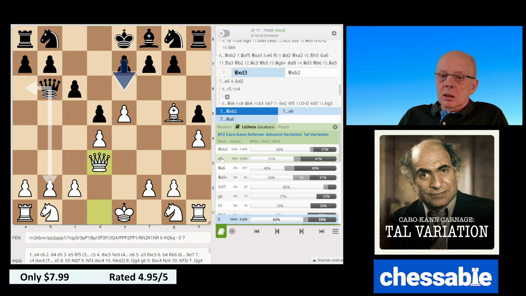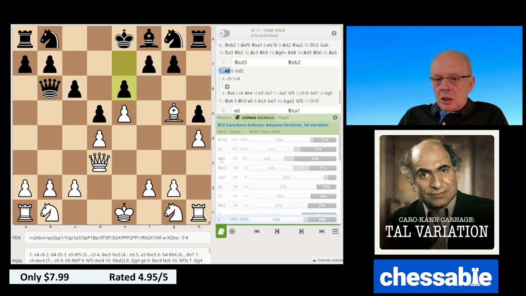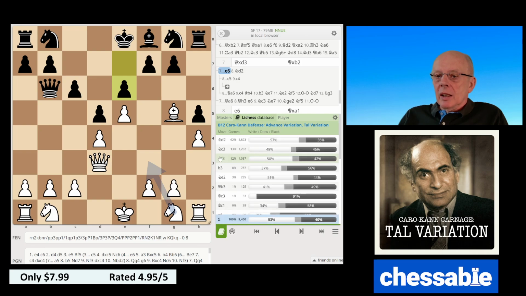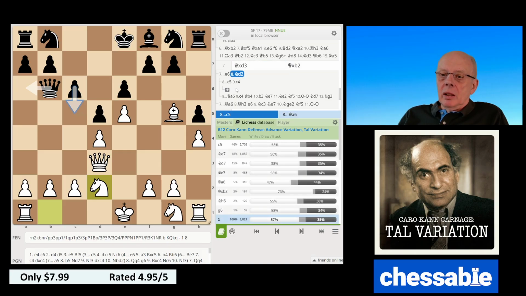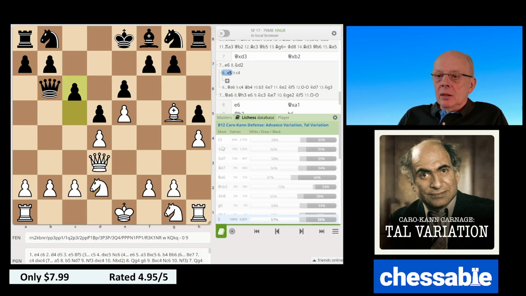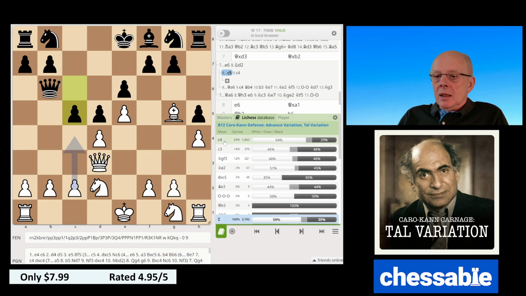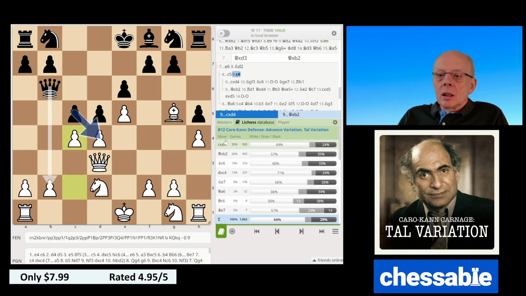And of course, black can just say, I know this variation, and in 35% of the cases this will happen. And we continue with our development, and after c5, we play c4, and we develop our pieces, and